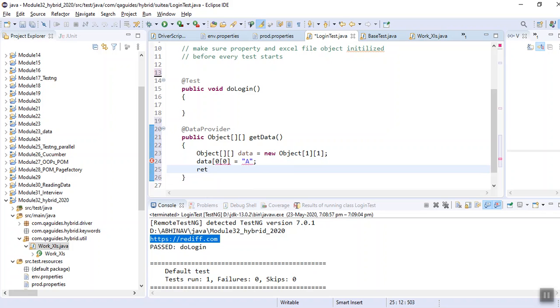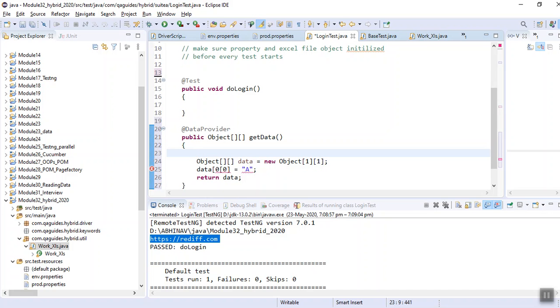And I will return that data. And what I do here, I write it will be object, and data is equal to new data.